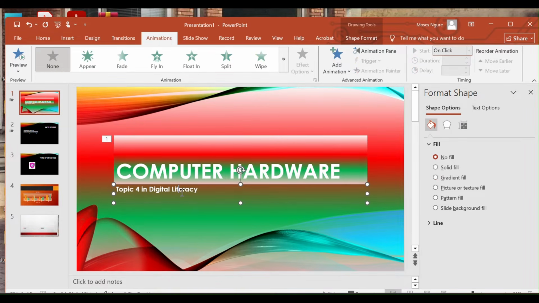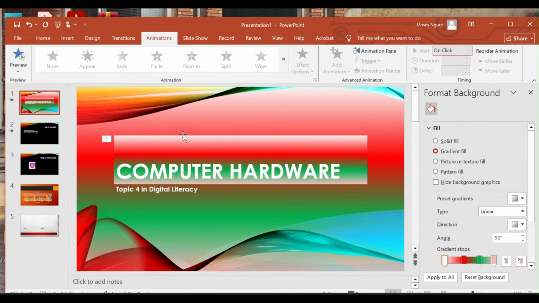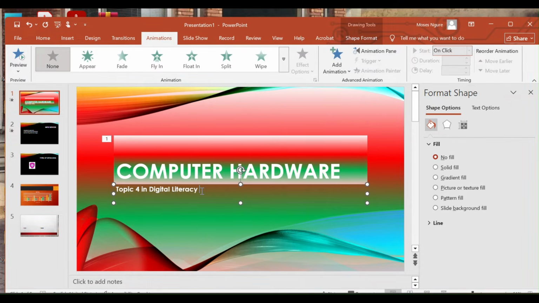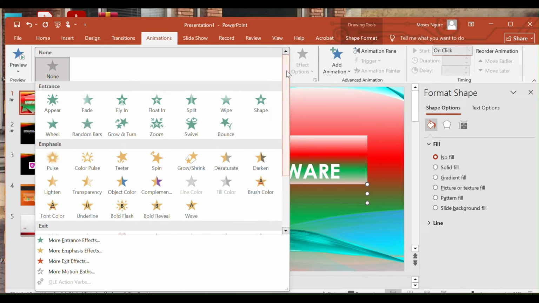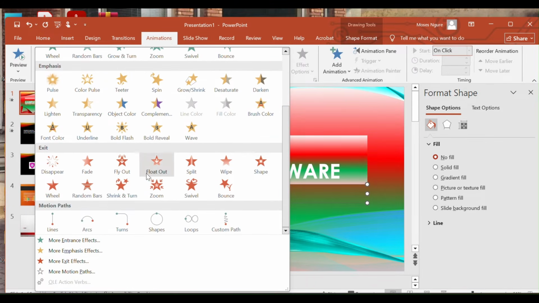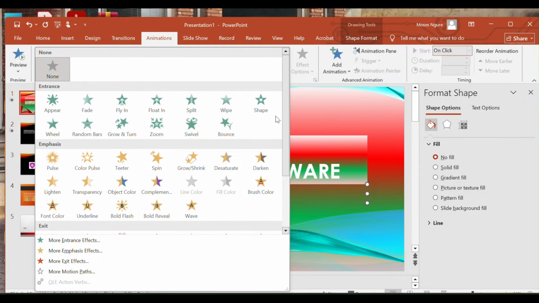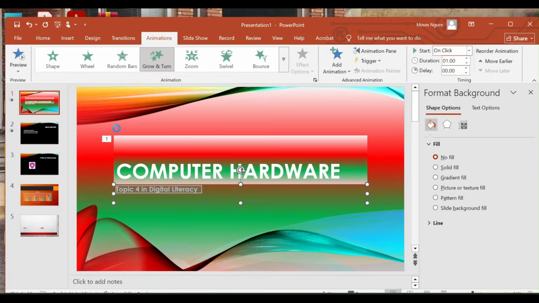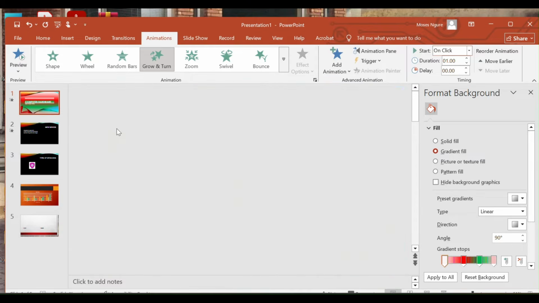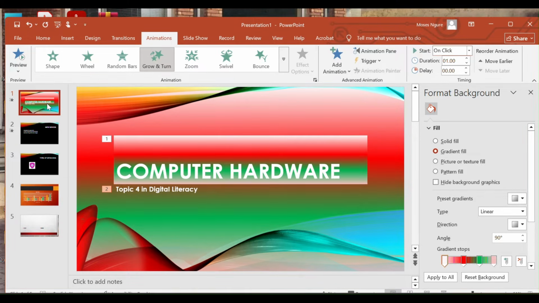You may also want to put an entrance to the second, so you will select this and then come here and choose. Remember, each time these ones are inactive, it means you've not selected. So you have to select, come here and pick an animation of the entrance. In case that's what you want to do, you can come pick the entrance that you'd want. So the moment you will play them, if I go to slideshow view